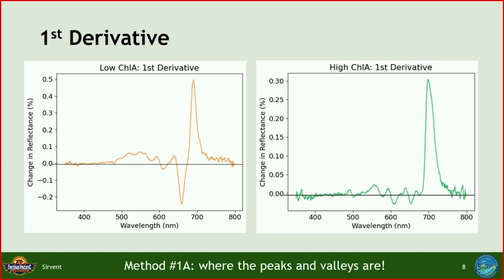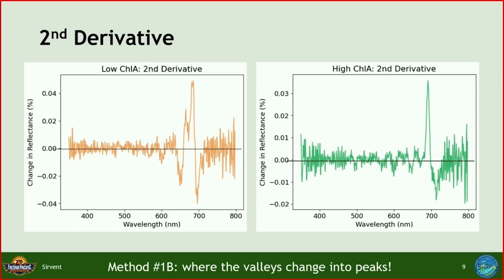The first derivative, as we know, tells us about slopes. So wherever it crosses 0, that's where you have a peak or a valley. And that's where that valley is. And then the second derivative, very similar, but it tells us change in concavity. So that's the inflection point where it changes from a peak to a valley. And then this peak right here is another feature we're going to look at.